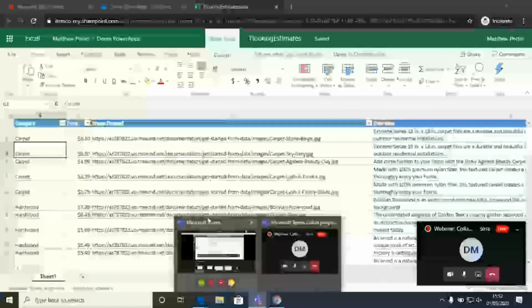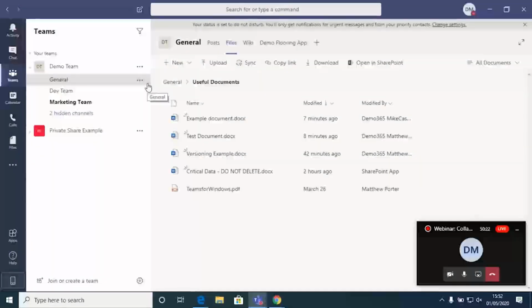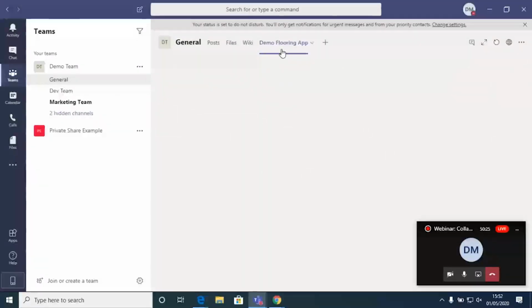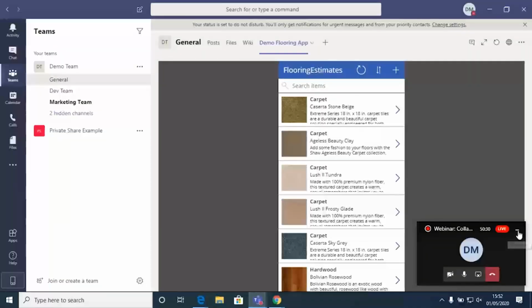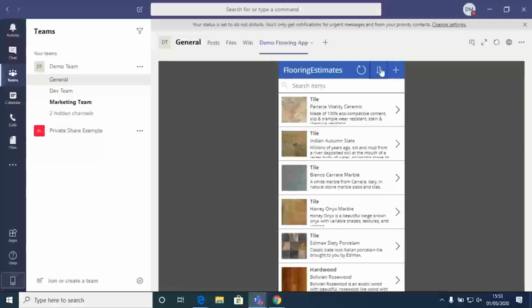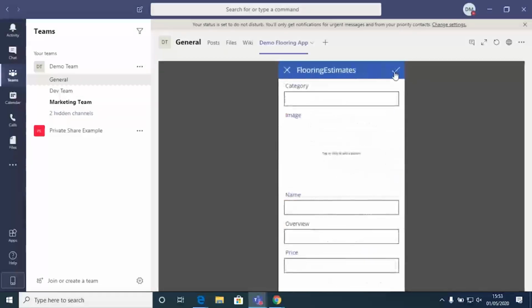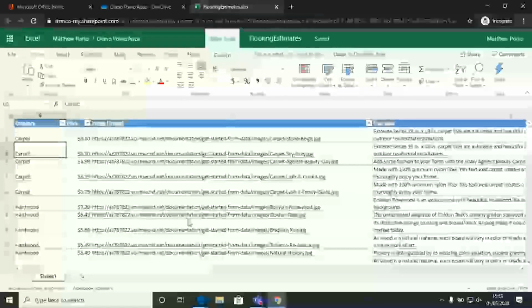So what I've done is I've built a quick Power App that will show you that same information, but in a mobile focused and very interactive friendly view. So that Power App's just loading for us now. And this is the mobile view, so it's nice and shrunk. But as you can see, although it's exactly the same information, it gives it to you in a much clearer view. You can search for things, you can sort by different types, so I could just change the order of these items. And I can also click plus and add in a new one. I could add in the details that I want to, and all that would do is go through and update that spreadsheet in the background.